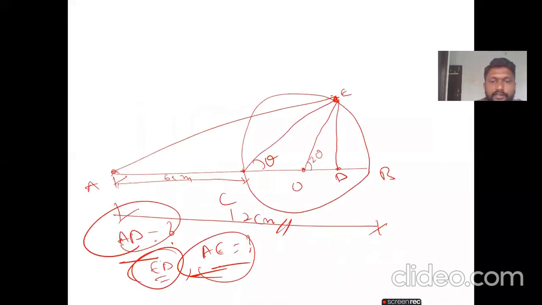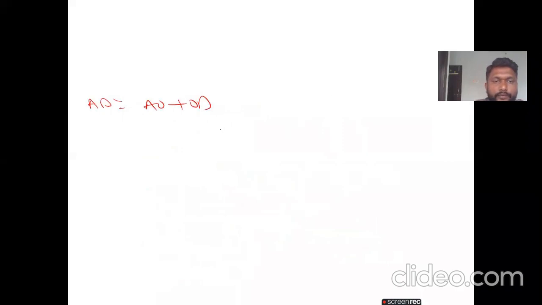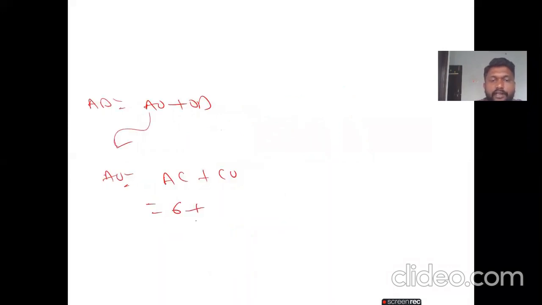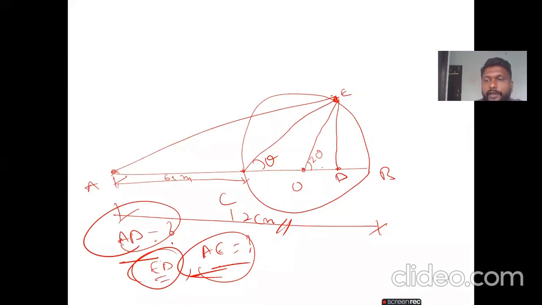So here what happens? AO, first we have to calculate AO. Again, AO equals AC plus CO. AC we know is 6 centimeters. But what about CO? For this part, the angle is given in the problem, theta equal to 30. Same like that, from here to here is 2 theta. If you take cos 2 theta, then calculate the ED value. Please measure this using the scale and tell me the answers. I will wait for your answers.